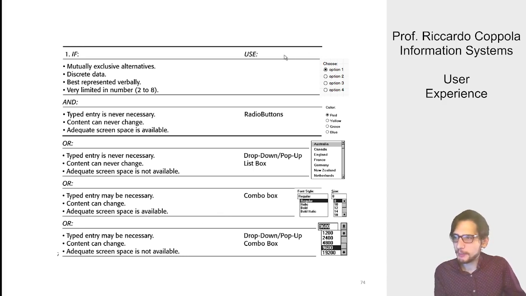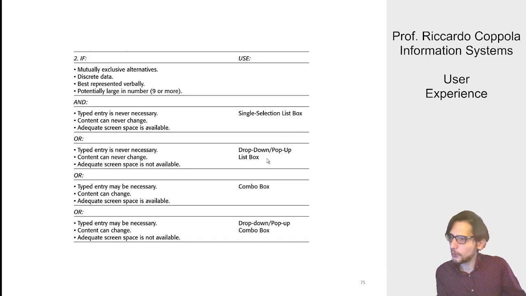And some examples is that if, for instance, you have mutually exclusive alternatives, you use radio buttons. For instance, if you have content that never changes and you don't have sufficient screen space, you use drop-down list. So we will get back on this when you can already read them, but you have a set of guidelines that you can use